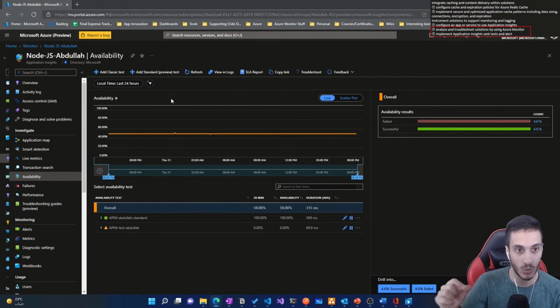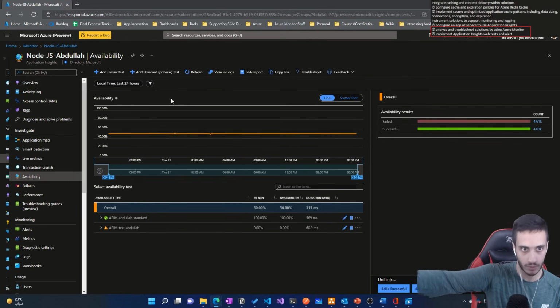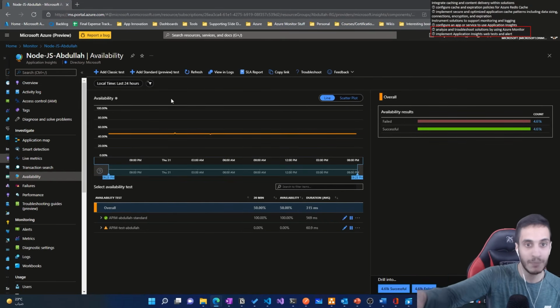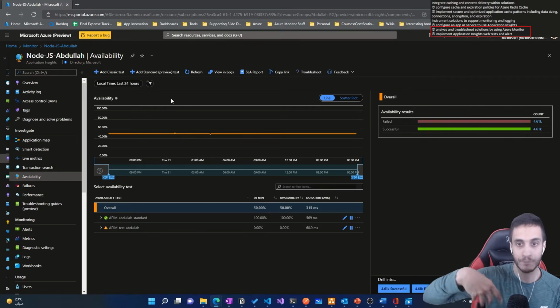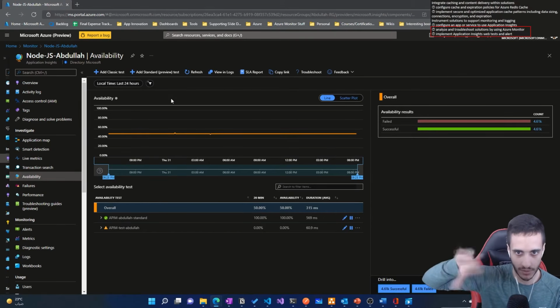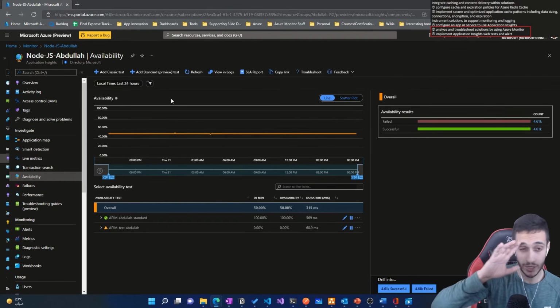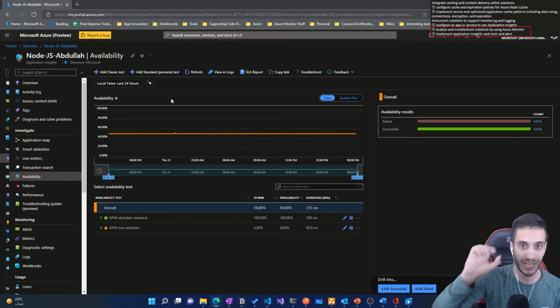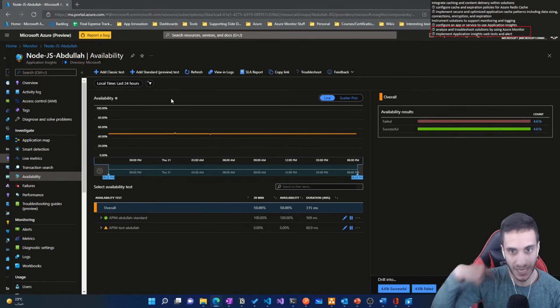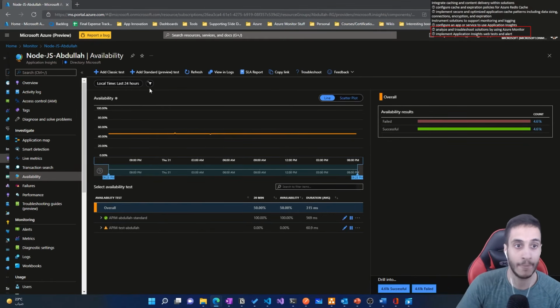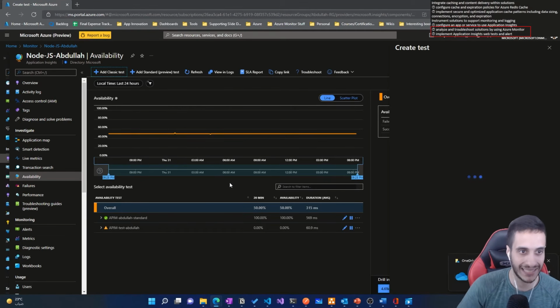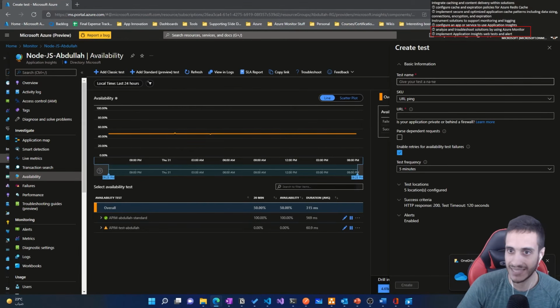By health checks, what we mean is that our service continuously pings your servers and checks if the server will respond back. You can even go as granular as checking how long it takes for the server to get back to you, and then you can define a certain failure criteria. You can go as deep as checking if the content you get back from the server actually matches what you are expecting. Okay, so if I go to add classic test in this example, I can give my test a name,